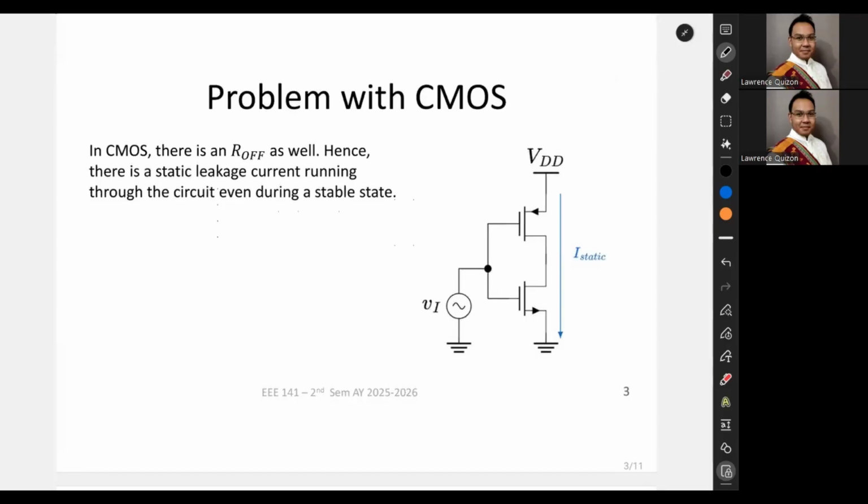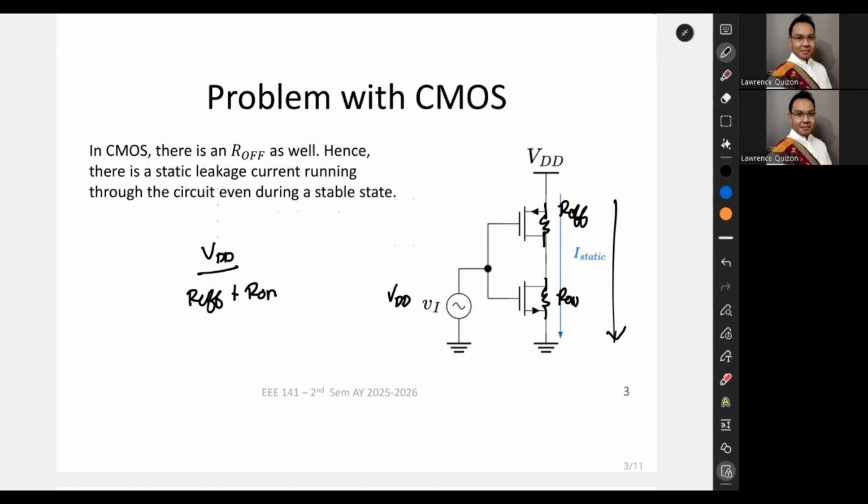Okay? In CMOS, we don't just have an R on. So say for example, this is VDD, then this would have a low resistance, no? But it doesn't mean that this is completely off. In fact, there is an R off that is associated with a MOSFET that is turned off, no? So then this circuit would turn out not to have a zero current, but rather it will be consuming VDD divided by R off plus R on,